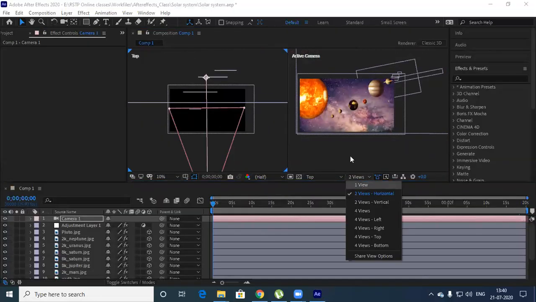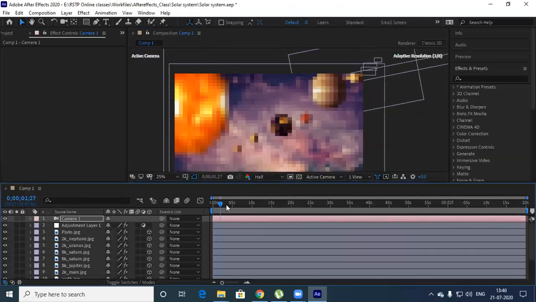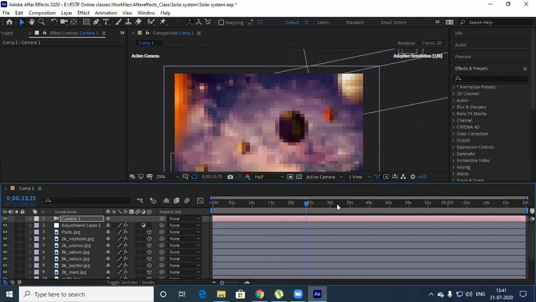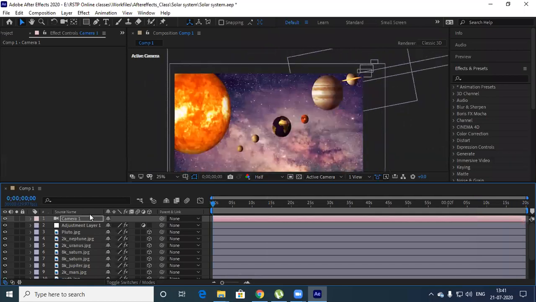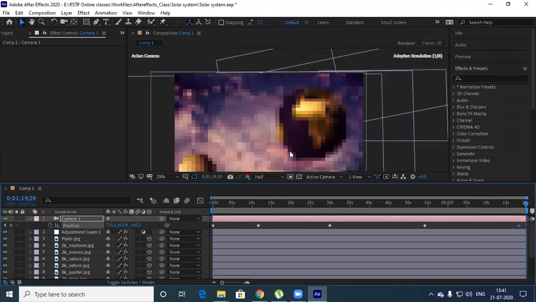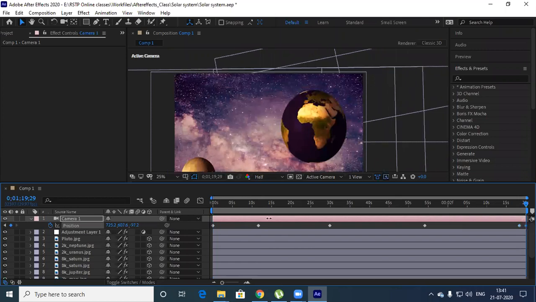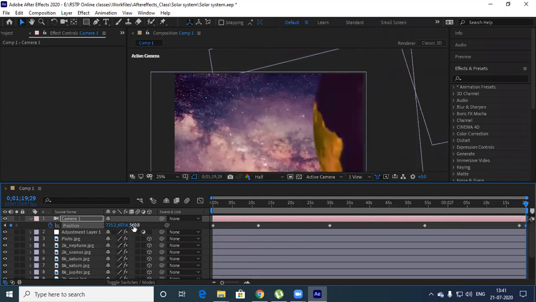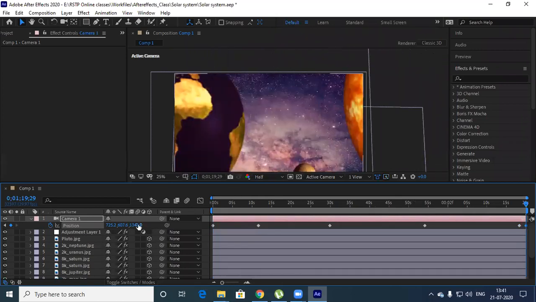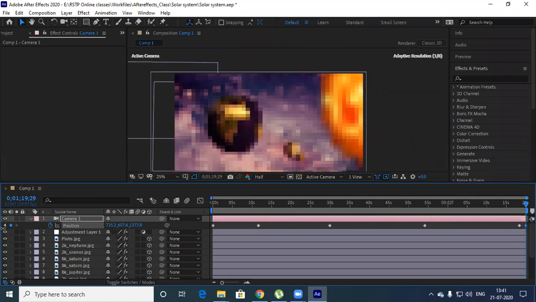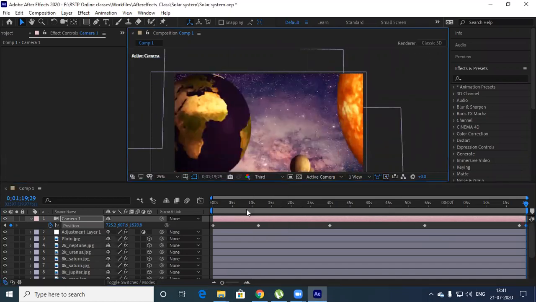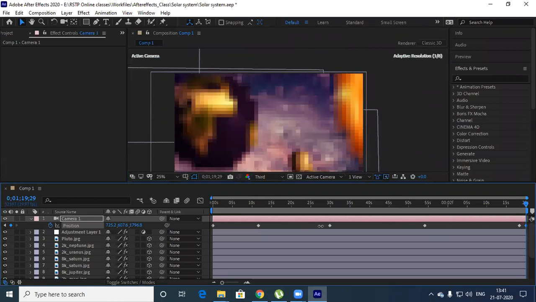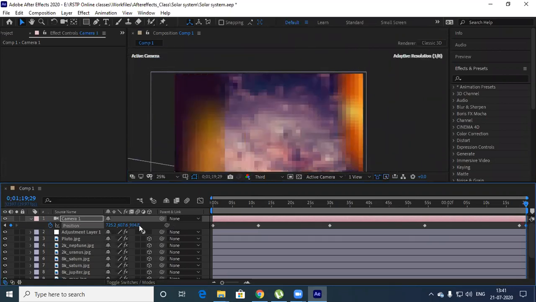So let me go with single view. So this half is there, I'm just making it to third, because the quality is, okay, should go like this.